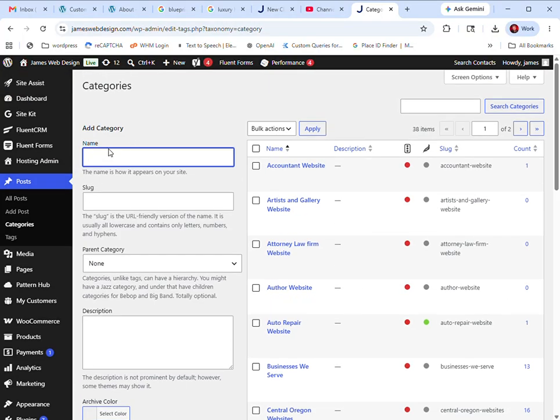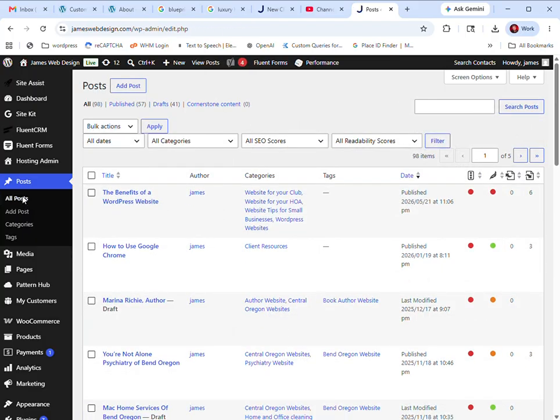To make a new category, you simply add your new category up here. And then you can easily attach a category to a post. Let me show you how that's done. So if I go back to posts and I click on a post,